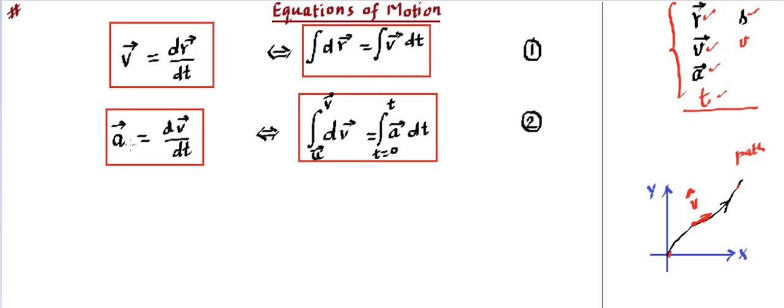What it may require is that you may be asked to find the acceleration at a particular time, let's say t equal to t naught. So what you need to do is first differentiate, and whatever expression comes, just replace t by t naught, so you will get the acceleration at that instant.